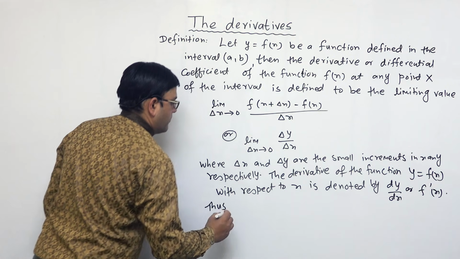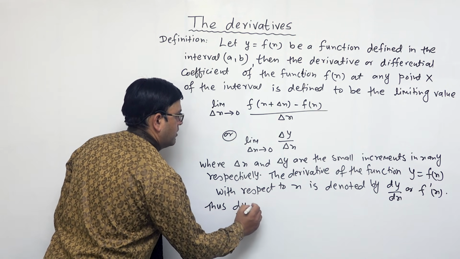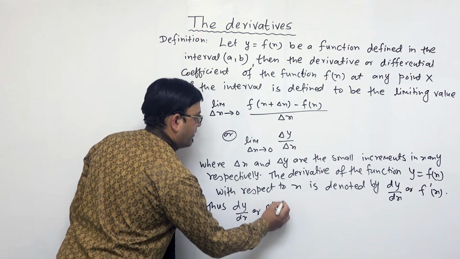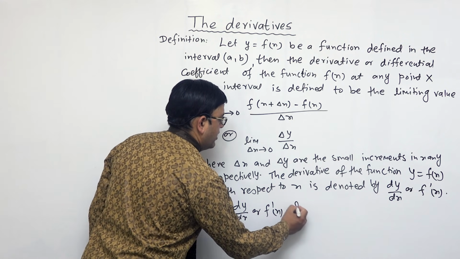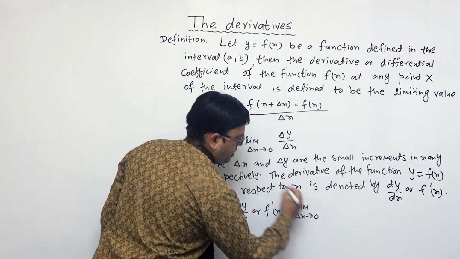Thus dy by dx or f dash x is equal to limit del x tends to 0,